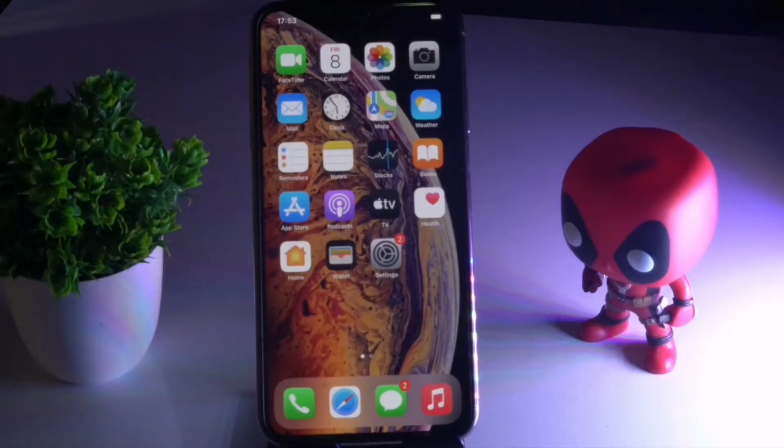In this video, I'm going to talk about how to fix hotspot grayed out on your iPhone after the iOS 8, or your hotspot is not working after iOS 15. How you can fix this up? So let's get started. So first thing what you have to do is, when you're having this kind of issue,